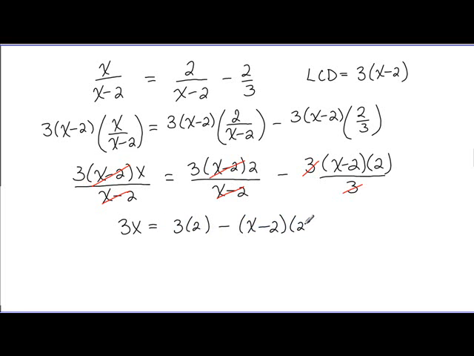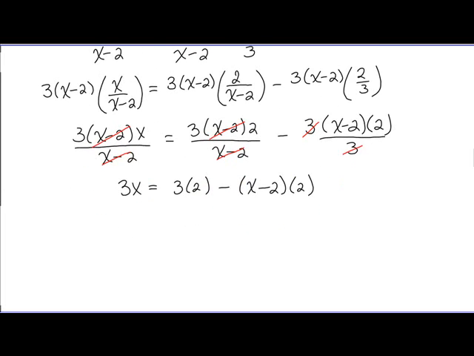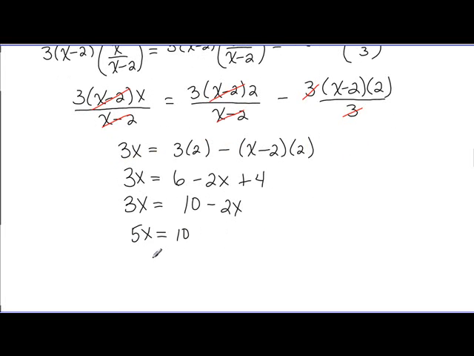No more denominators. So continuing to simplify, let's see, I'm going to think of that as negative 2 times x, and negative 2 times negative 2 would be 4. Combining like terms, 10 minus 2x, add 2x to both sides gives me 5x equals 10, and then of course dividing by 5 gives us x